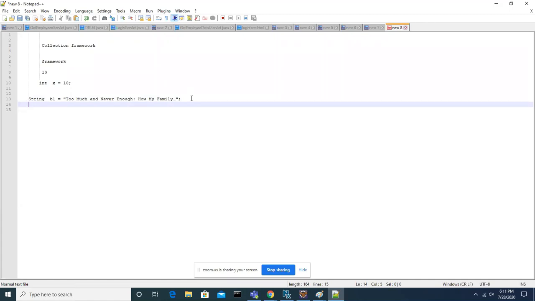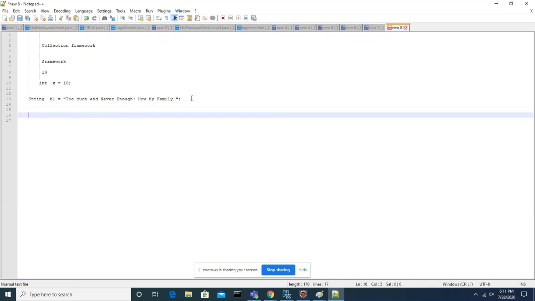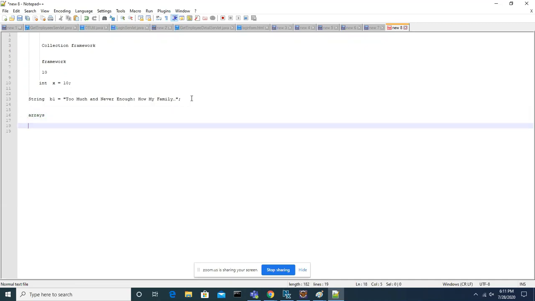But is this a problem for the developer or not? Declaring n number of variables and holding them all. To avoid this problem, we already have one concept, that is arrays. So what will arrays do? It stores multiple data. It will handle multiple values in a single variable.